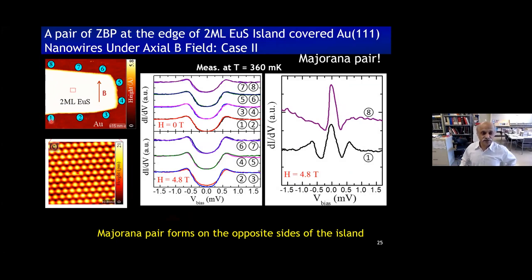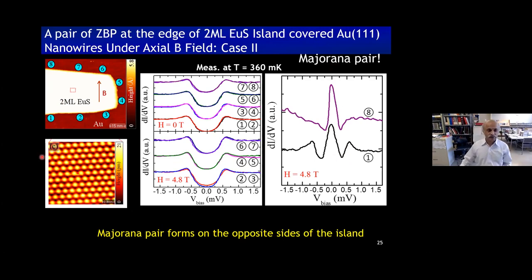Initially, again, all the way around, 1 through 8, you can apply magnetic field. You find a nice hard gap in all cases, as you can see here. Now apply magnetic field along this direction, again 4.8 Tesla. What we find is we still maintain a hard gap between 2 to 7, as you see here. All of the places you have this. Whereas in this corner, 1 and 8, you find that a nice sharp feature appears in the bias. This zero bias peak again is exactly opposite each other along the field direction. Once again, we say it's a Majorana pair formation in the system.